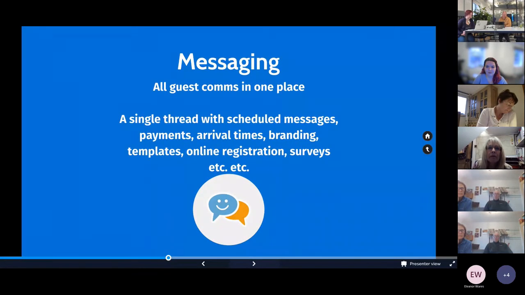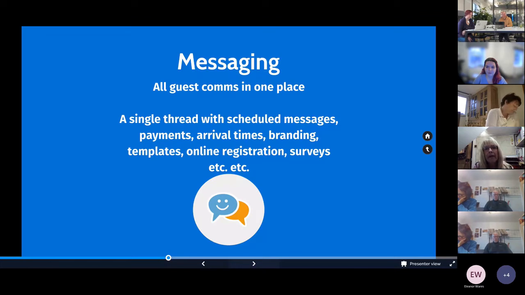Another tool that we've built quite recently is messaging, and that's basically a way that it automates and simplifies your communications with the guests. You can set up scheduled messages. So when a booking is made, the guest will receive a thank you for the booking email within about 30 minutes. And then if they answer that, it opens up in a conversation type thread, and from then on, you can set up other scheduled messages, which, once they're set up once, they'll just go